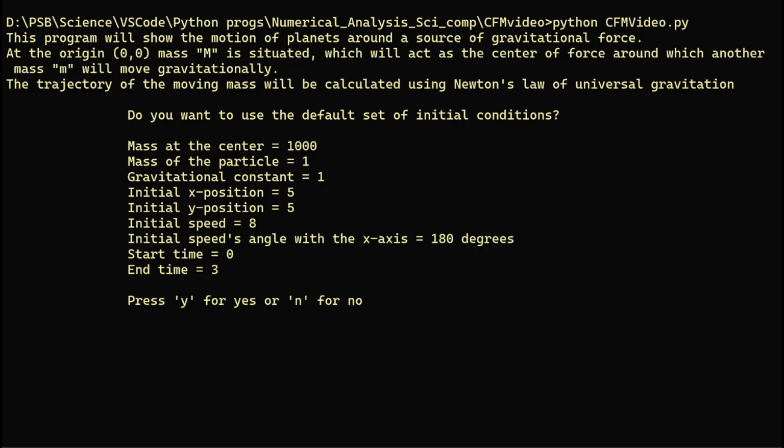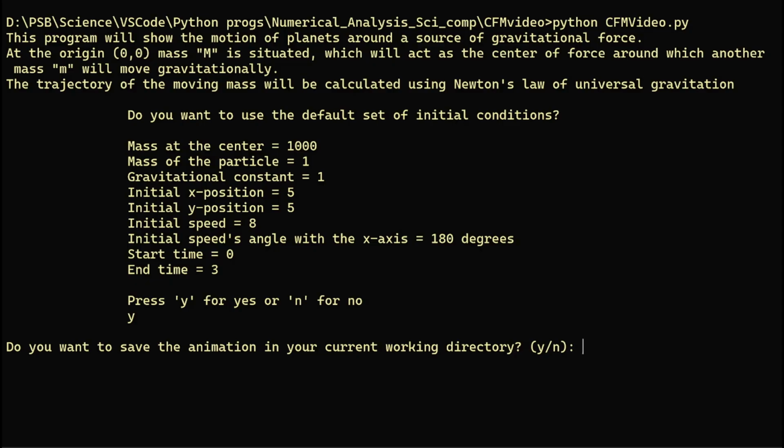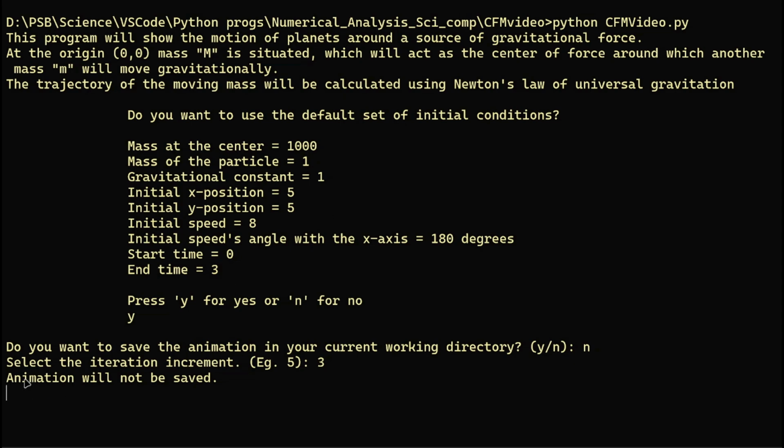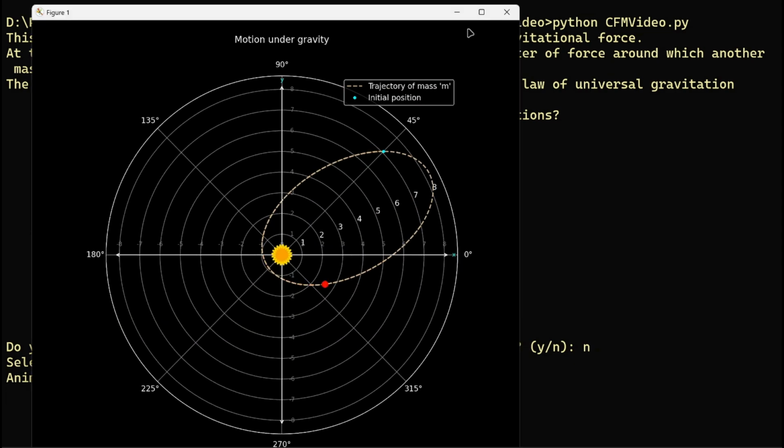Okay. So I think I should first go with the default set of initial conditions. So I will press Y. Do you want to save the animation in your current working directory? Yes, we can do that, but I think not now. I will show you the saving thing later. So no. Select the iteration increment. There is 5 shown here as an example, but I would like to choose 3. And if I press enter, you can see here it is written animation will not be saved, and voila,